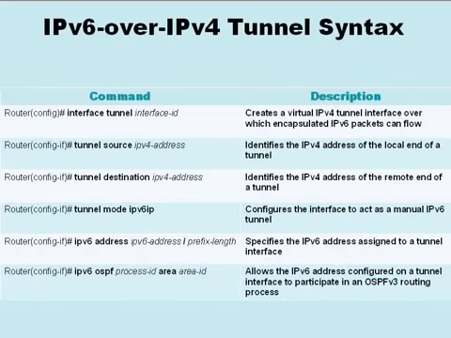To create a virtual tunnel interface, in global configuration mode, we can say interface tunnel and give a locally unique interface ID. Then, once we're in interface configuration mode for that tunnel, we can specify the source and the destination IP addresses. And these IP addresses are IP version 4 IP addresses. And in our lab, these are adjacent routers. In other words, these IP version 4 addresses are on the same subnet, but it doesn't have to be that